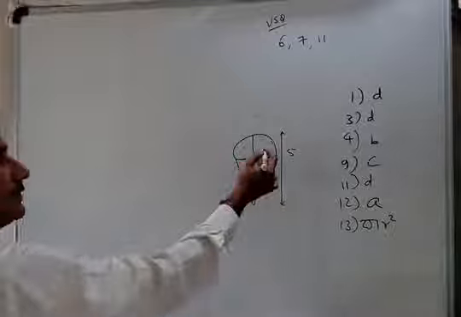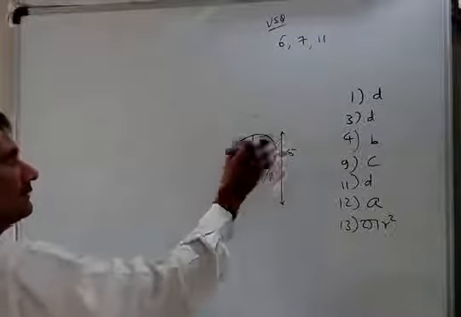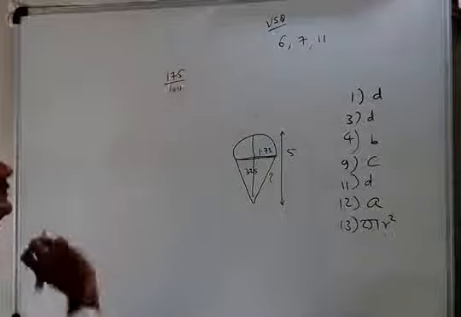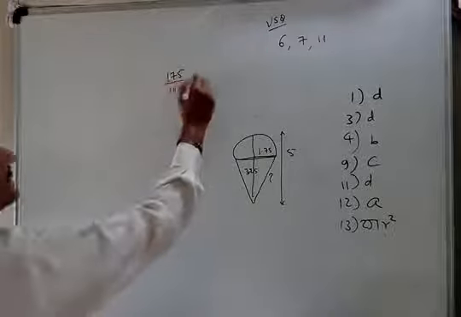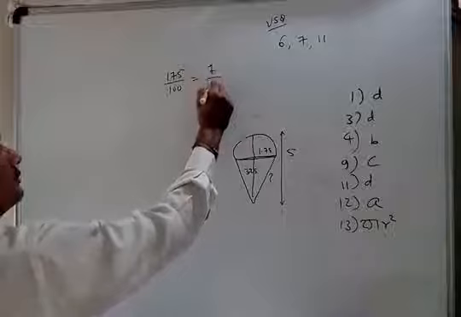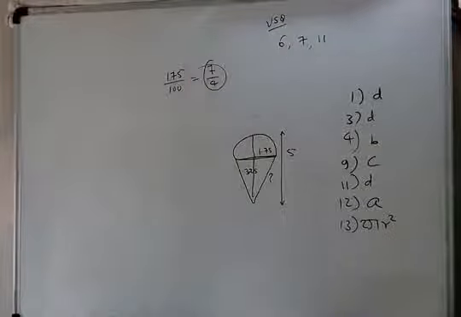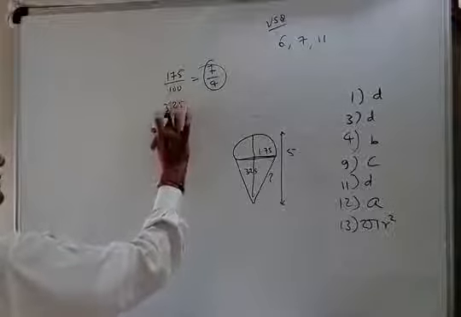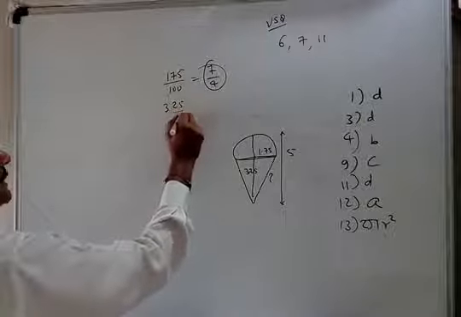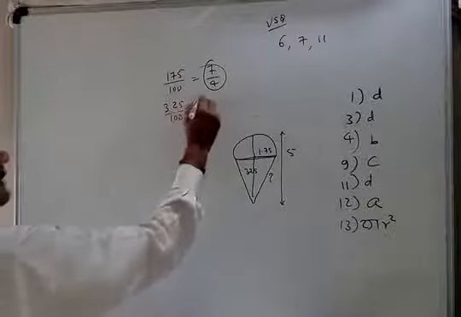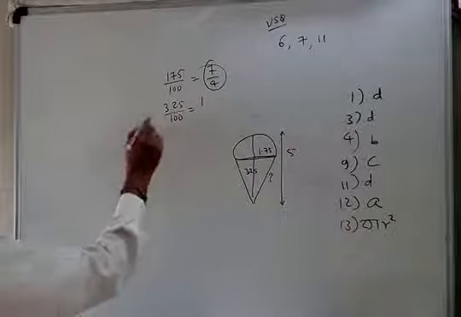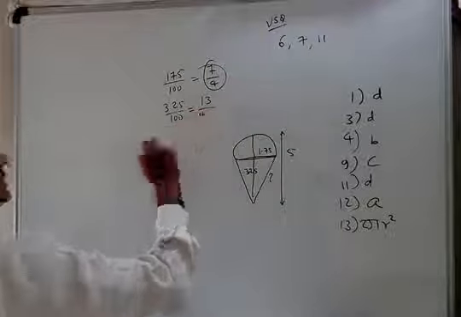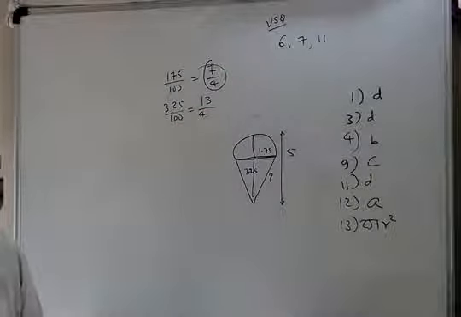First of all, don't use this one. Actually, what is 1.75? It is 175 by 100, which is 25 sevens and 25 fours, so I use 7 by 4 here. And what is 3.25? It is 325 upon 100, which is 25 ones are 25, 25 sevens, 25 threes, and now 4. So it is 13 by 4.